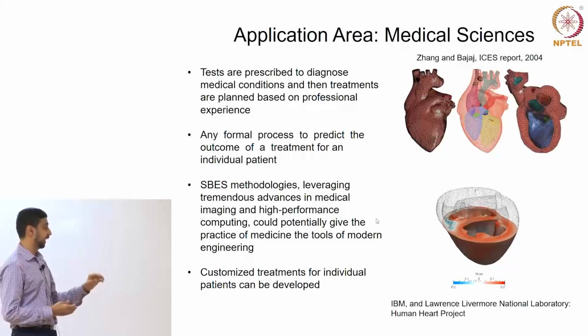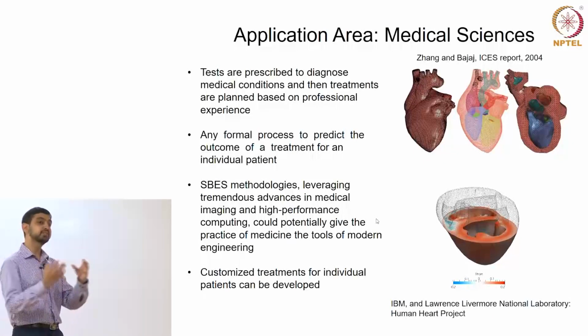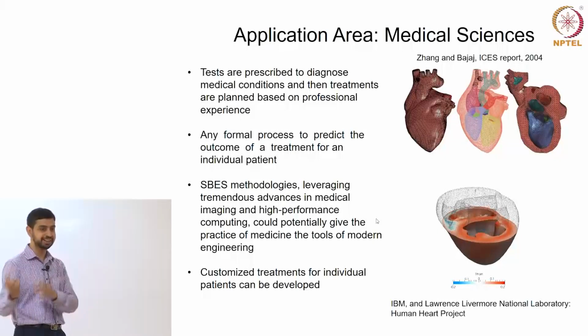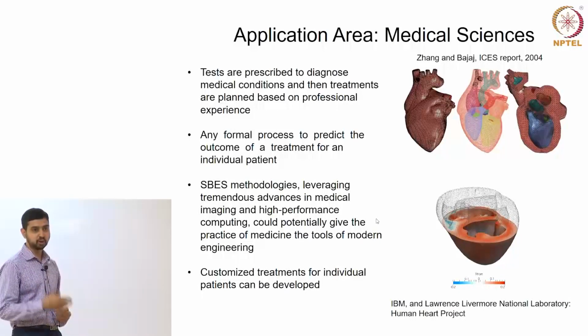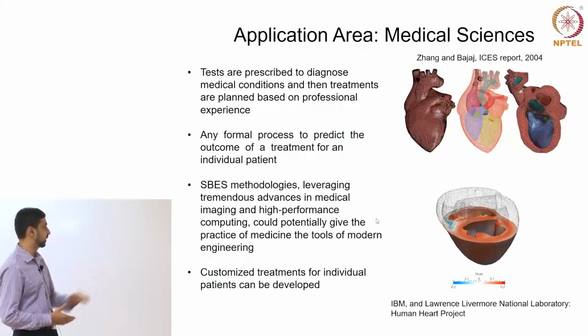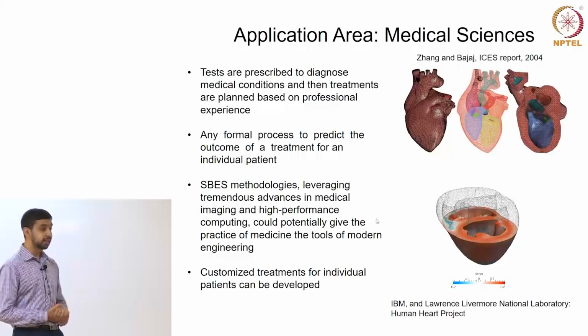But if you can actually develop this kind of a model, you can have customized treatments for individual patients based on the data that you get from that patient, because you can give that as an input to your computational model, run the model and see what happens, let's say, to drug delivery, or what are the hotspots where there is any artery cloggage, etc. And this model was developed in collaboration with IBM at the Lawrence Livermore National Laboratory, and it uses high performance computing as well to model the entire process.